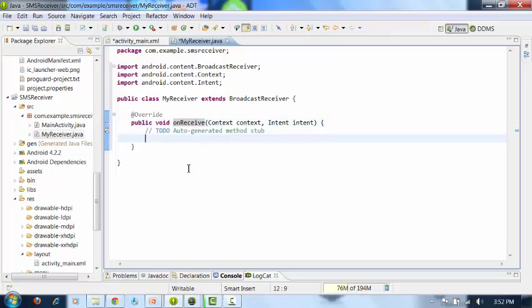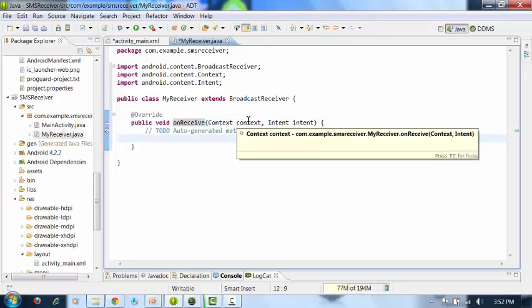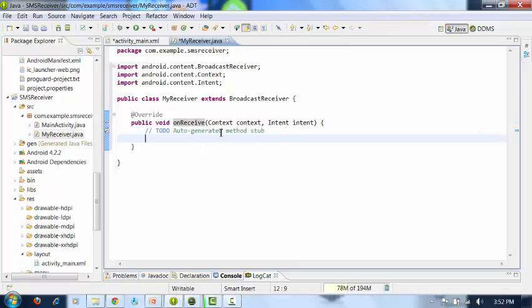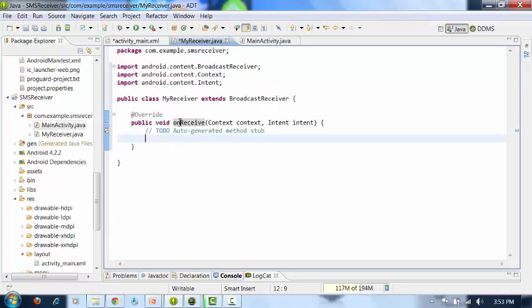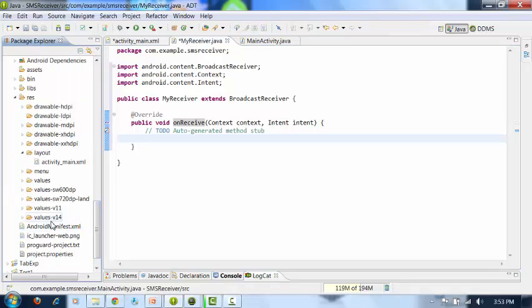So here we have to register our broadcast receiver for receiving the SMS. Where do I have to register that? For that you have two ways. You can register by creating the broadcast receiver in your main activity itself. But here we have created a separate receiver, so we have to register this receiver inside the Android manifest file. Suppose you have created a page in your Android application, how do you add that page to the Android manifest file? You open the Android manifest file,